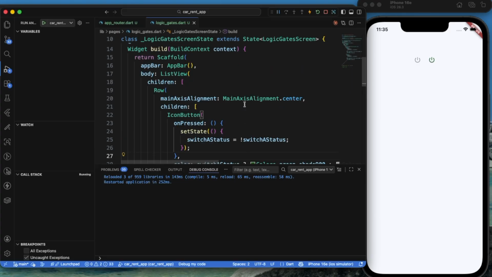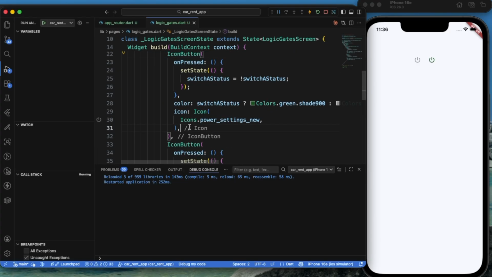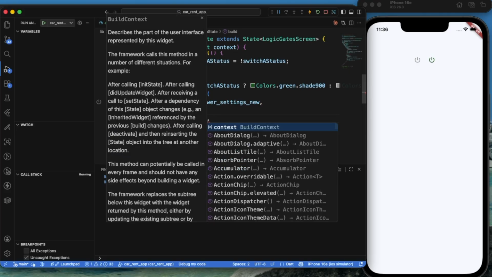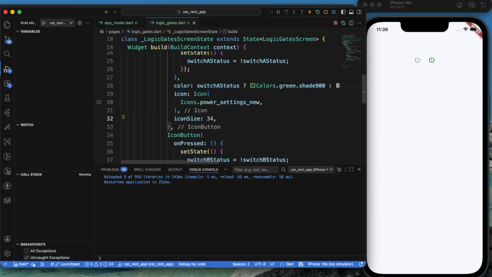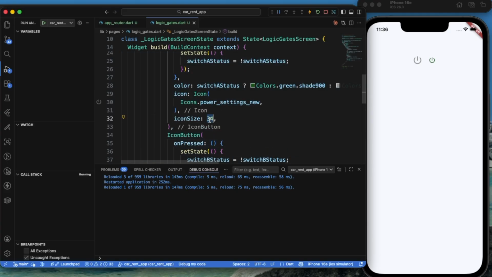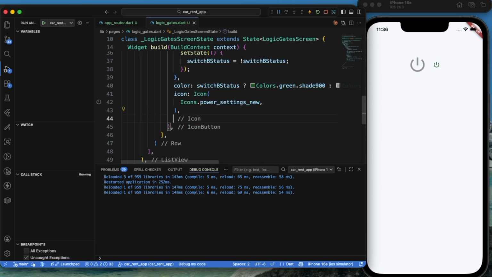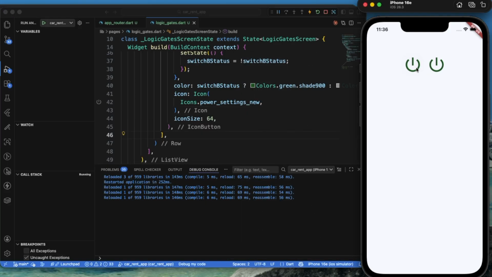To visualize this properly, let us increase its size. Now both our switches are ready. You can see we are turning it on, turning it off, turning it off, turning it off, turning it on,